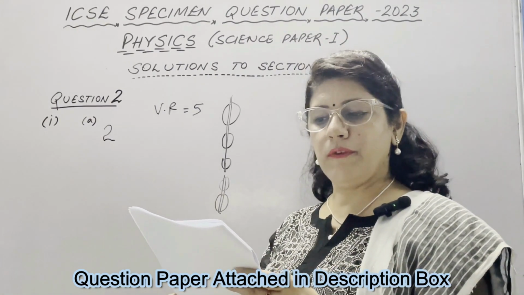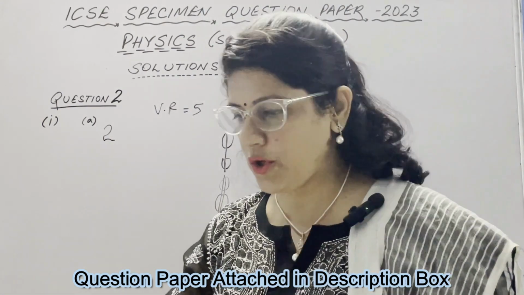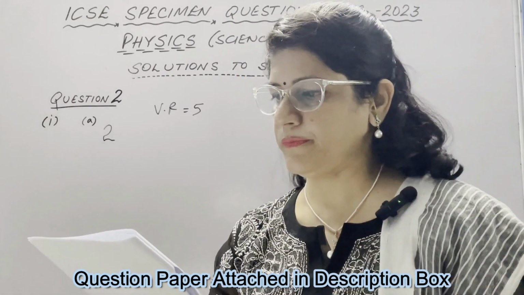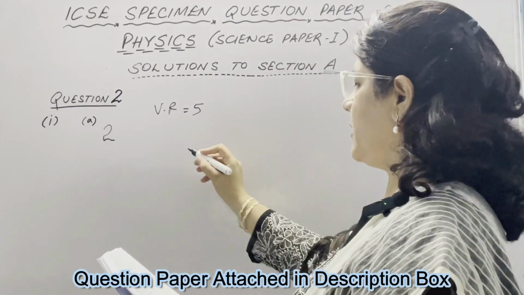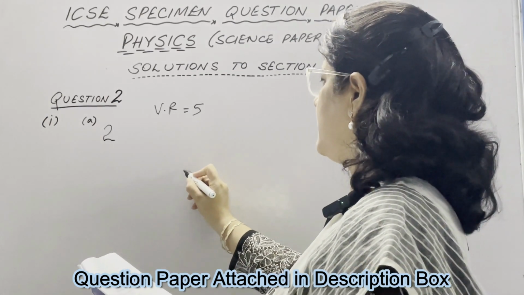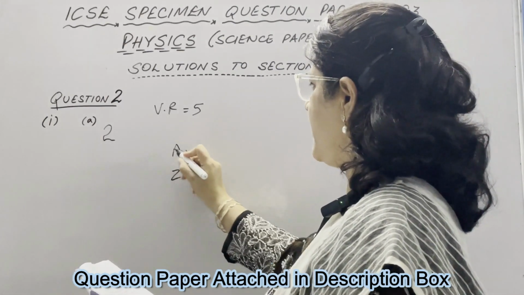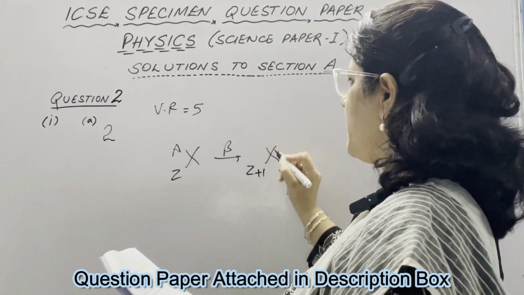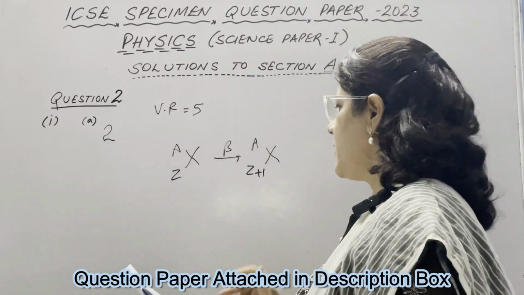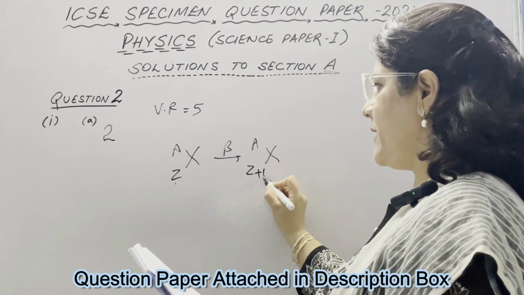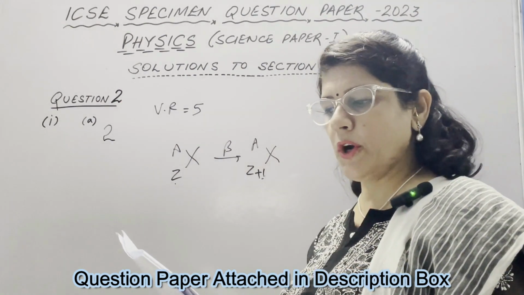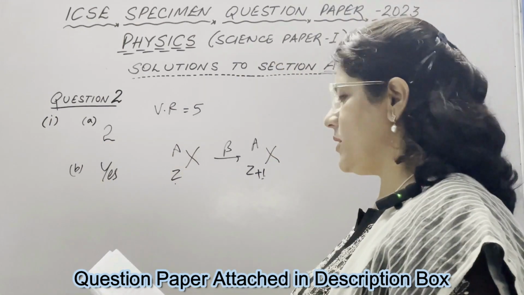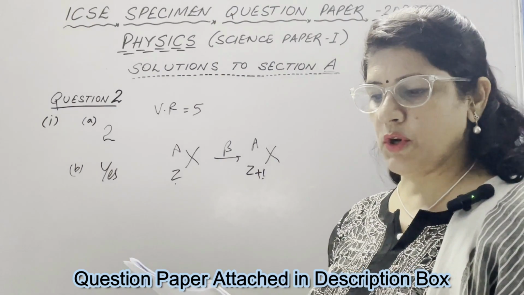In B part, a radioactive nucleus emits a beta particle. Does the position of daughter nucleus change in a periodic table as compared to the parent nucleus? Radioactive nucleus, it means we can show it as ZXA. If beta particle is emitted, atomic number increases by 1 and mass number remains same. Atomic number increases by 1, it means next atomic number is there. Obviously, in the periodic table, their position has changed. So, in part B, answer is yes, because it is the next element in periodic table.